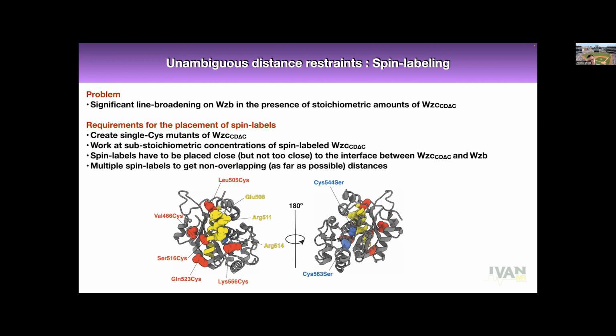Now the goal is we're going to spin label WZC, which is the kinase, because we know where the interactions are and what pieces are important for the interaction. We're going to measure the effects of spin-labeled WZC on the phosphatase. So the kinase is going to be spin labeled, and the phosphatase will not be spin labeled, but it will be labeled with N15 and ILV methyls, and we're going to look at the paramagnetic relaxation induced by spin-labeled WZC on WZB. Okay, now there are multiple problems here. The first problem is,